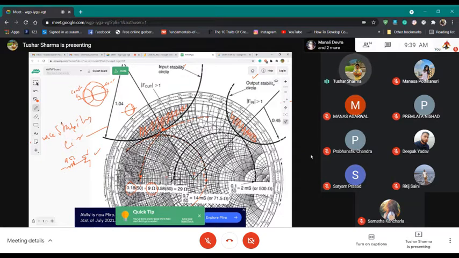For Z, center is 1 and Z increases this way. Again, for the folks, this is 1 and here it's open. Here it is short circuit. So it increases here, 1.2 and its normalized value 1.2, 1.4, so on. Y is opposite. Y increases in this direction. So Y 1 is this and 1.2 is this, 1.4 is this.